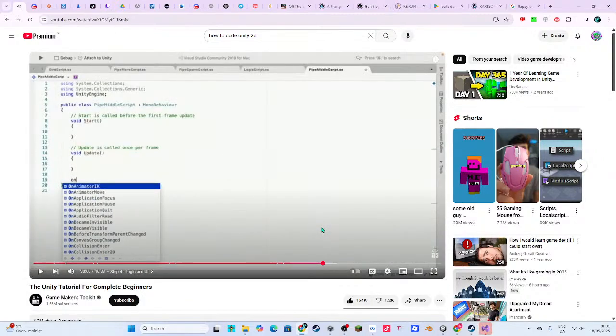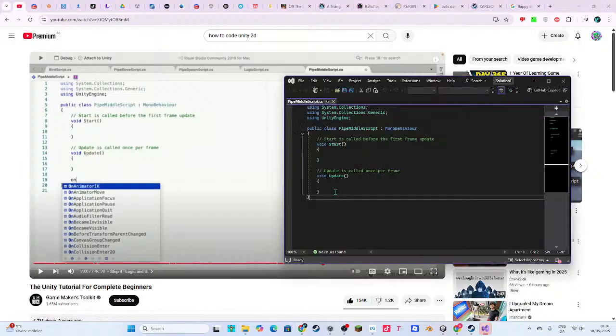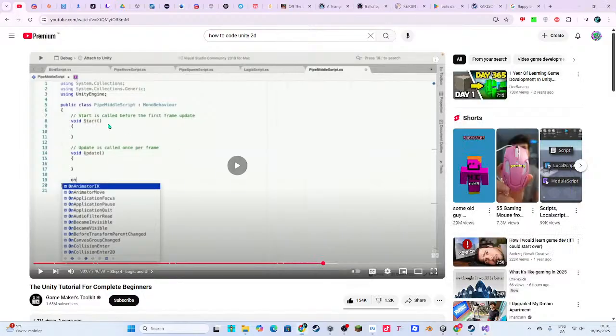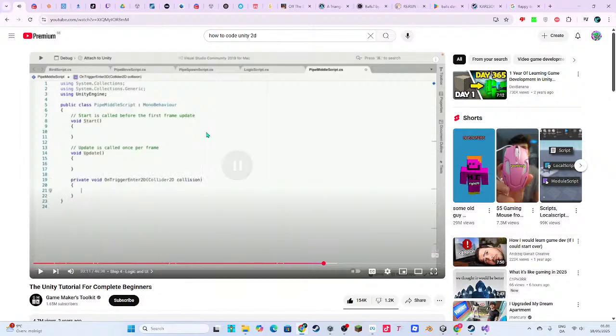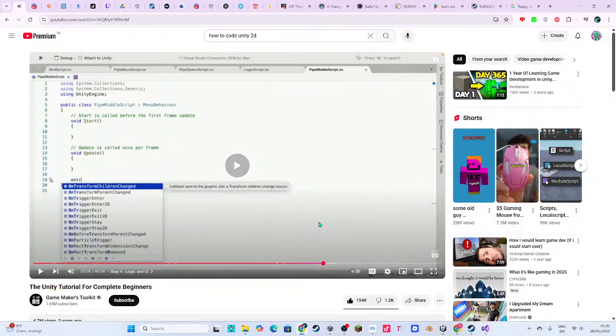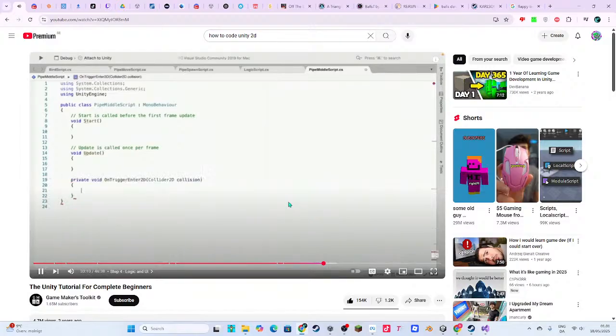Beneath update, type on trig, and the autocorrect will help us type out on trigger enter 2D. Just press tab to autofill. Anything in this function.